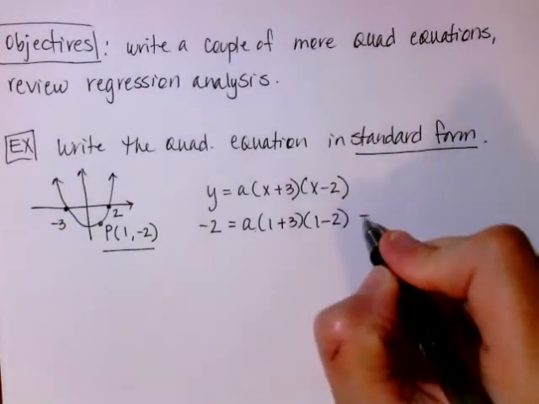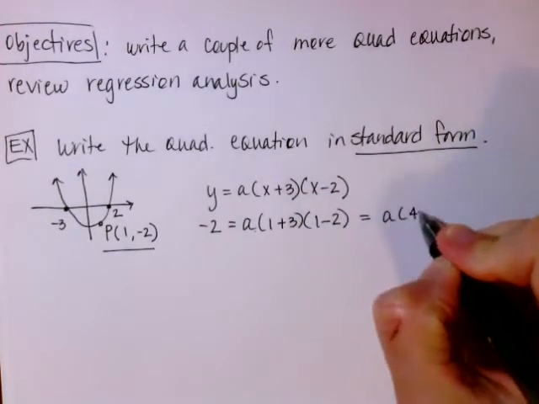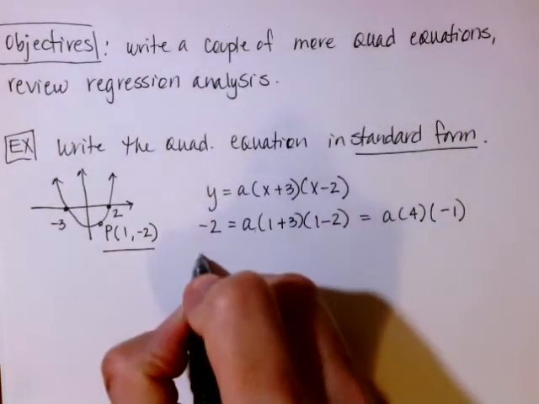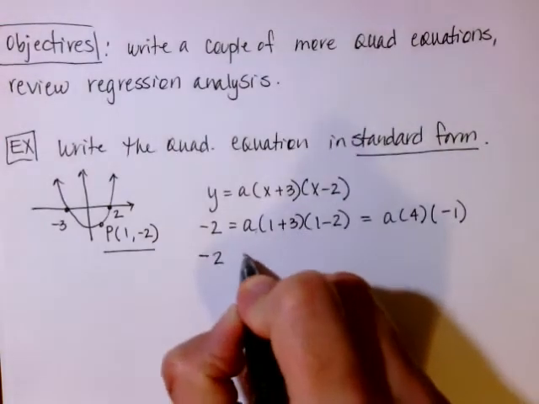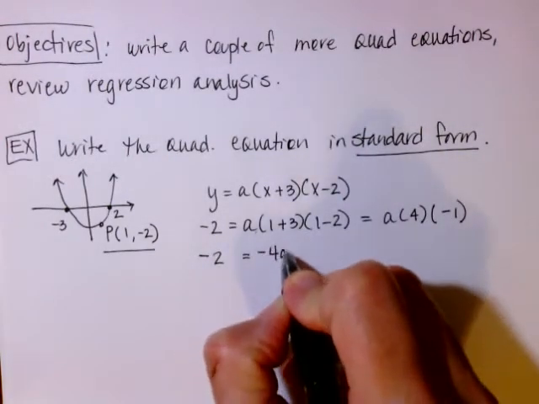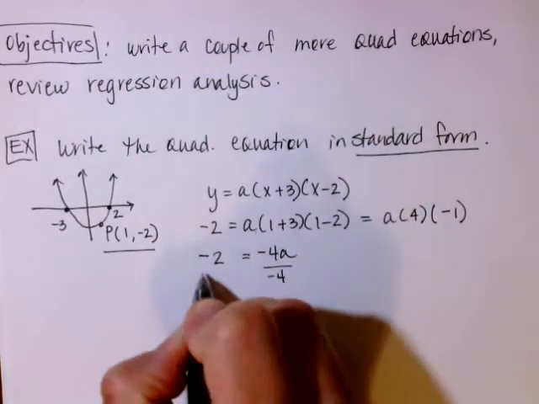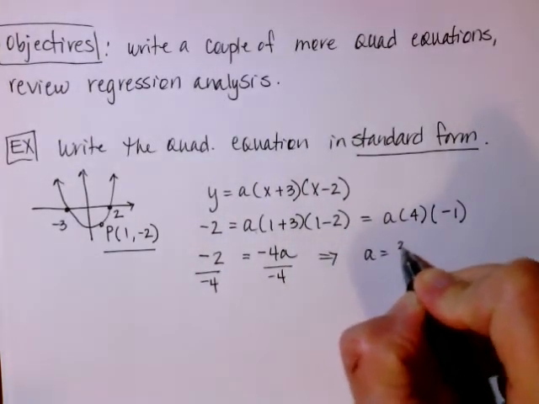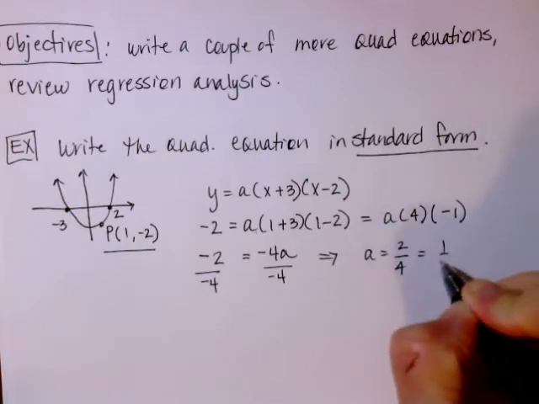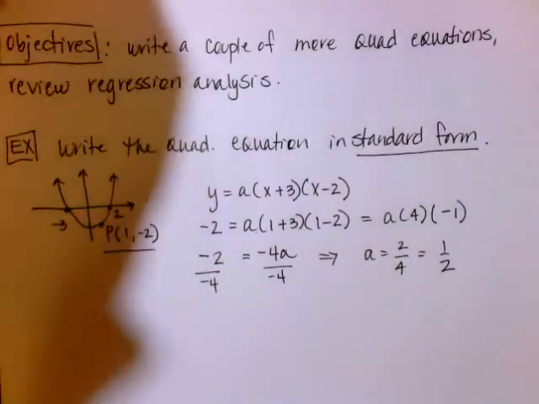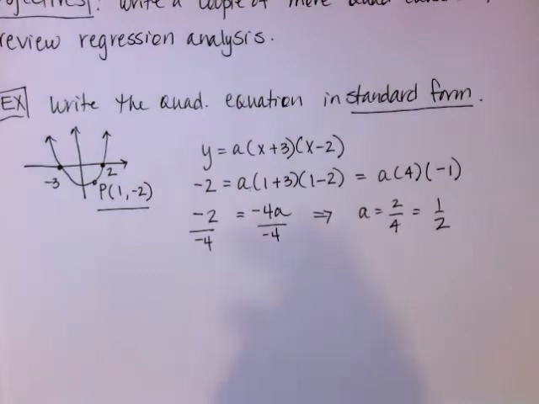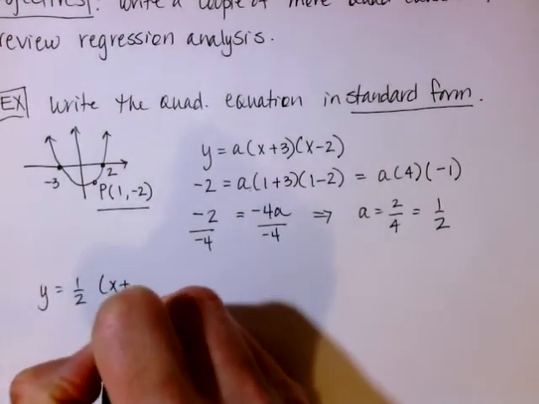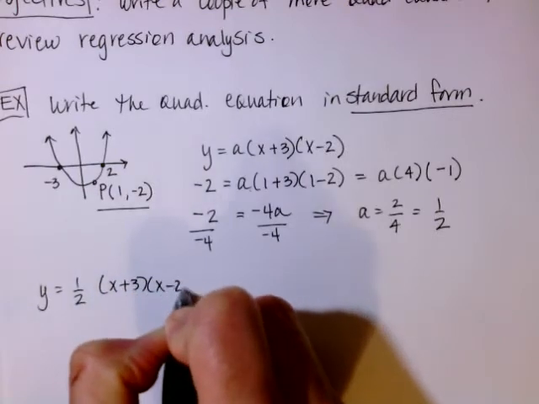So then if I simplify that math, it's going to be a times 3 plus 1 is 4, 1 minus 2 is -1. So now I have -2 is equal to -4a. Divide both sides by -4. And then I get a is equal to 2 over 4, which is a half. So now I know my a. So I'm going to substitute that back into my equation, and I have 1/2 times (x + 3) and (x - 2),